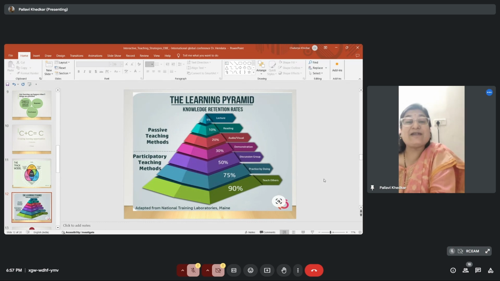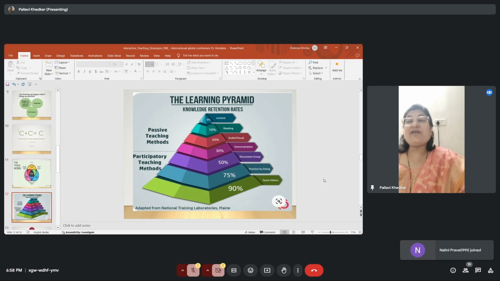that would be a one-way method which will be taught to the students. Second is reading. That also will give only 10% of the retention. Students will not at all be attentive if only reading is there in